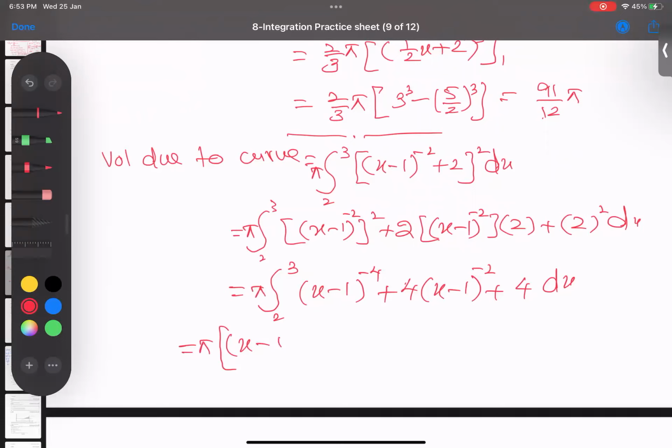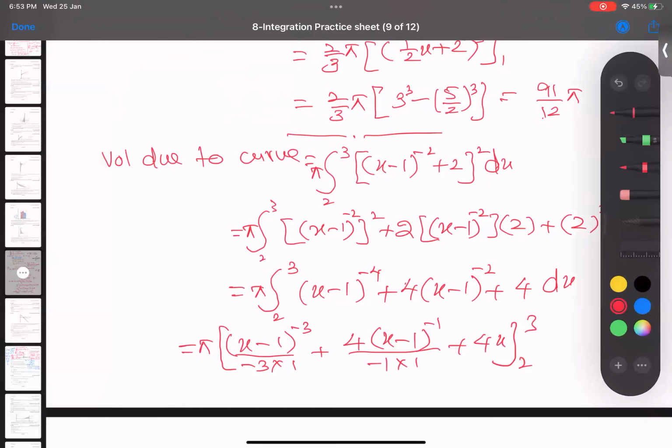Okay. Increase the power by 1, and if we add 1, I get minus 3. Like minus 1 plus 1, minus 4 minus 1 will give minus 3. So this power becomes minus 3. So minus 3 comes up and minus 3 comes down into the base derivative. Luckily, that is a 1. Okay, I'm just showing you later. If you don't show it, no problem at all. Increase the power by 1, divided by the same, and 4 becomes 4x. Now it's a matter of simplification. Now, I must simplify. And after simplifying,